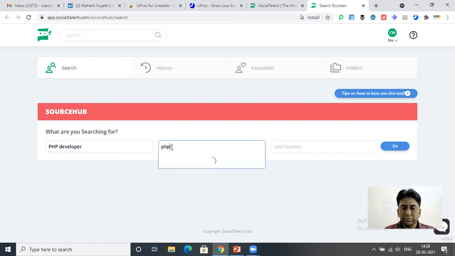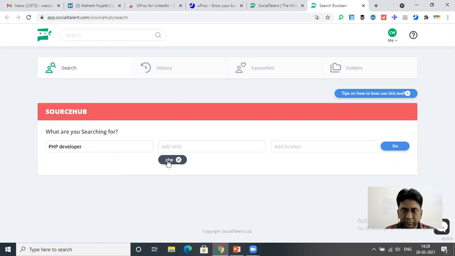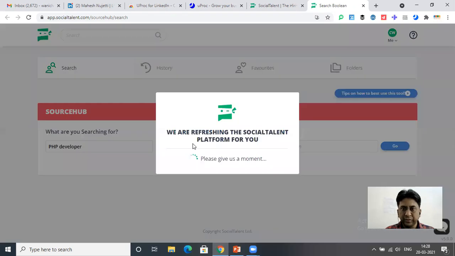So I'll write here PHP. Then I want PHP 5. Then I want core PHP. Right, cake PHP. The only thing is that there should be a drop down for that, or else, okay, it's taking. So it will take those keywords also.